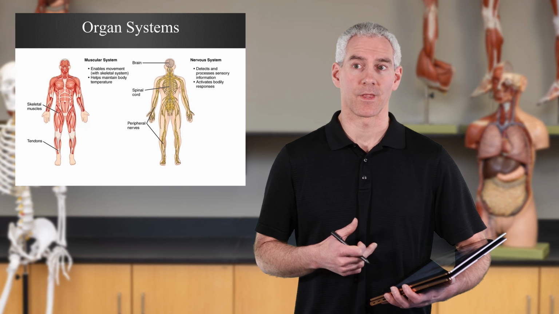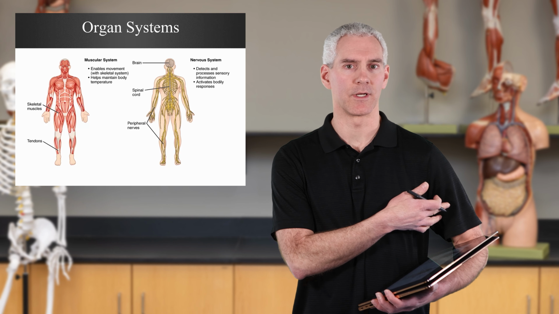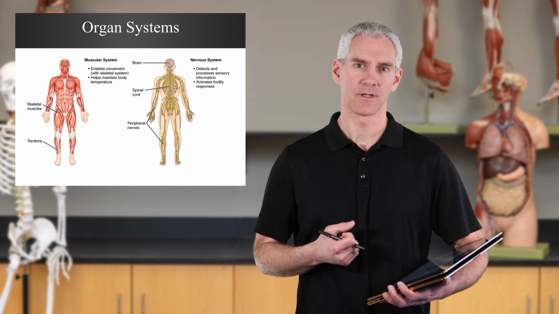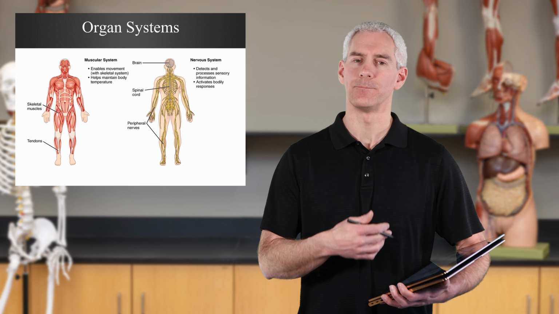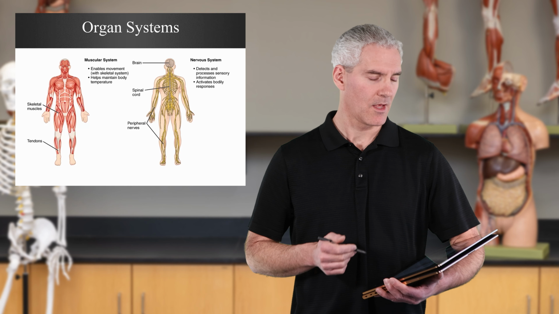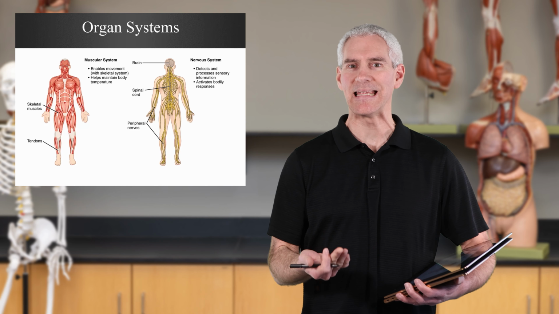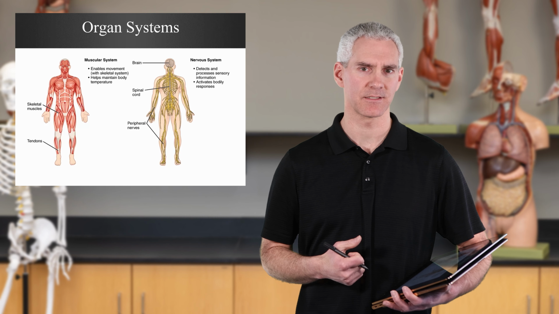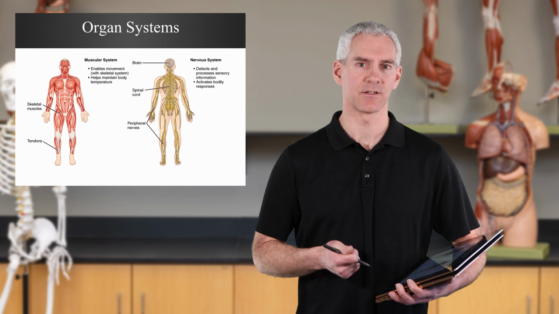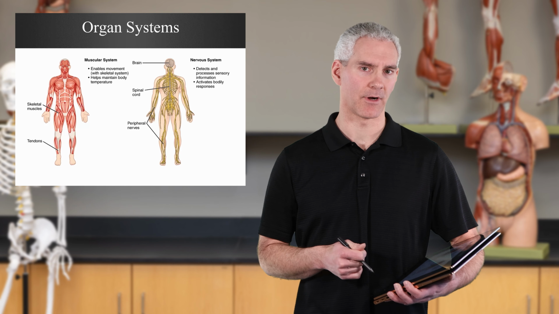Muscular system. That's all of the muscles in your body. You can think of things like the deltoid, the biceps brachii, triceps brachii, pectoralis major. All those are parts of the muscular system, helping to create movement for your body. Nervous system. Think of the spinal cord, the brain, your individual nerves running throughout your entire system. The nervous system allows for transmission of signals or impulses. Now, this is how you communicate a lot of times throughout your body.